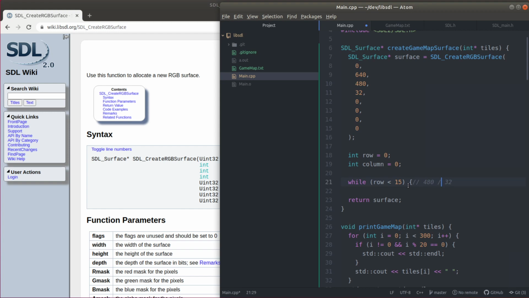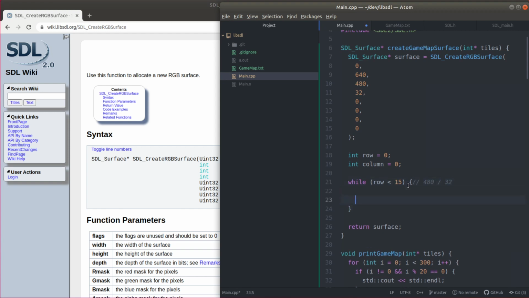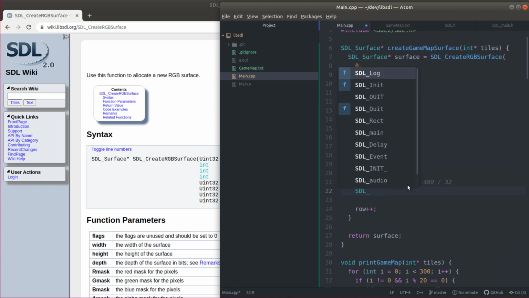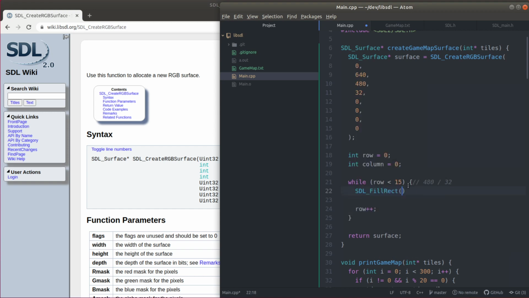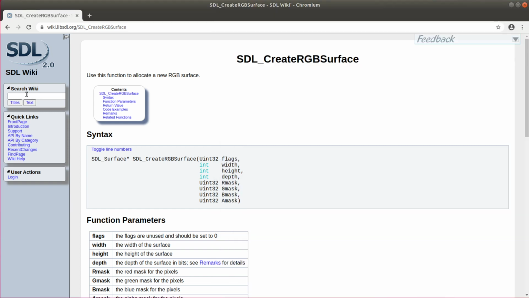So let's do that. At the end, make sure to increase the row. Don't forget, otherwise an infinite loop. So we're gonna do the following. Let's see. We're gonna say, okay, you do SDL fill rect, and then what's the